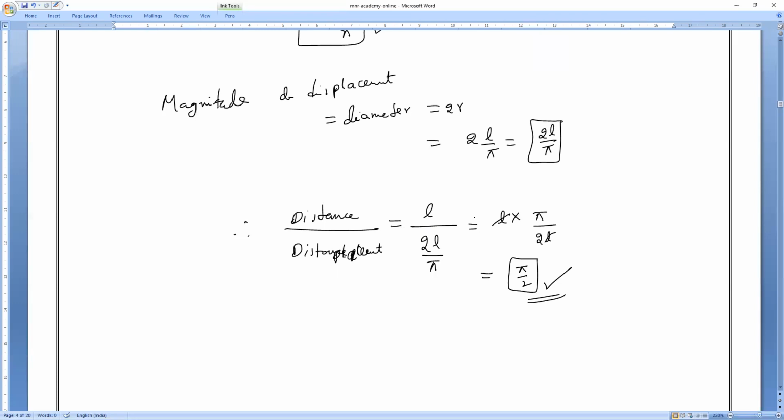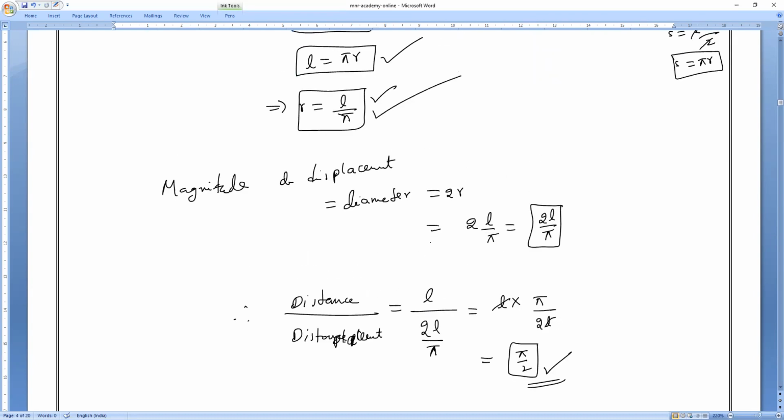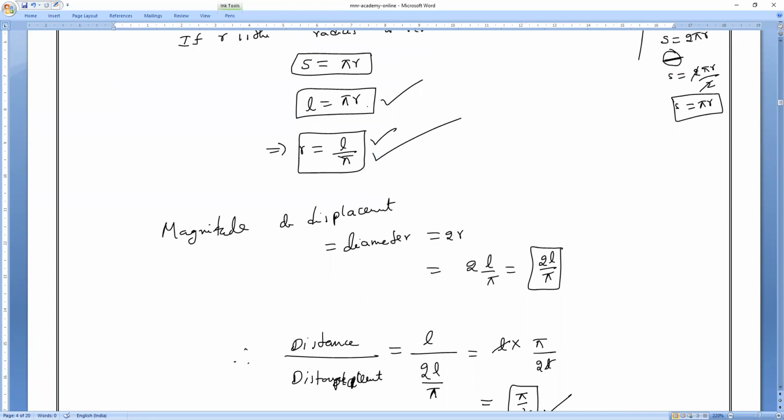Again a doubt? Tell me, Mari. Sir, after 2 radius, how did you get 2L by pi, sir? Mari, we know L is equal to pi r, correct? And from that I am writing R is equal to L by pi. Then I am substituting L by pi in place of R. Can't we do the problem without substitution? We cannot, Mari, because we want to find the displacement and distance both, correct? They have given distance equal to L, and if you want to find the displacement, then displacement